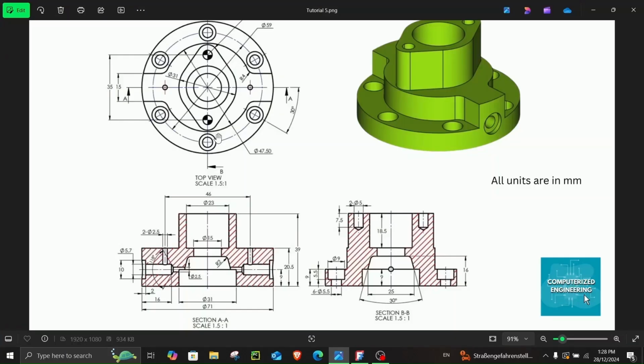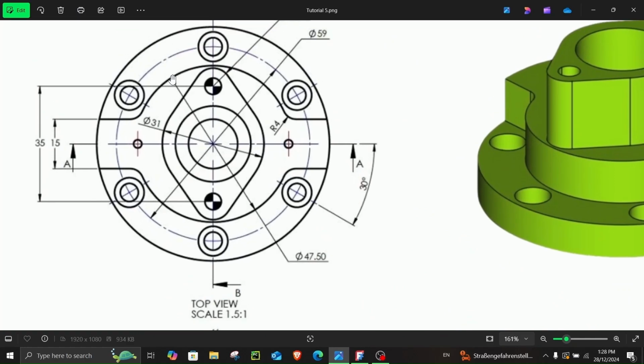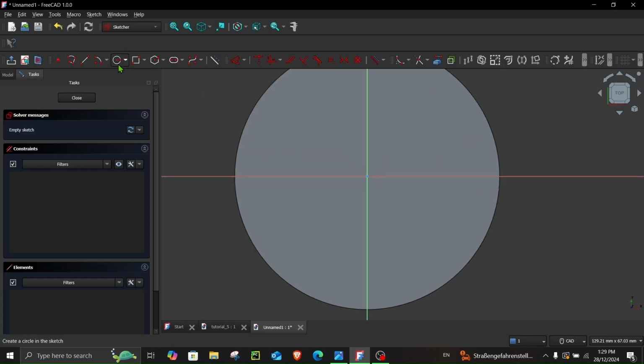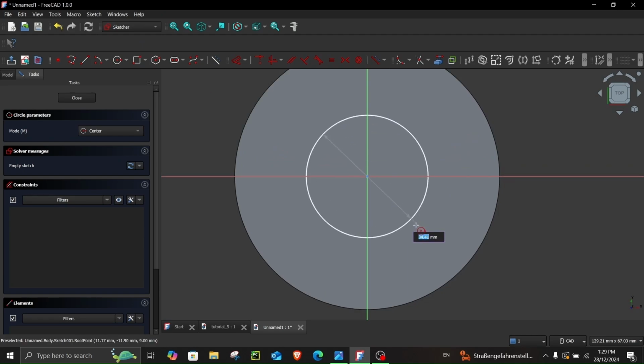Let's continue with the sketch and make this circle, which has a diameter of 47.5, and we see two lines over here on both sides which have a fillet of 4 millimeter. So let's make this sketch. Choose this face and then click here, create sketch. Now let's create a circle over here,